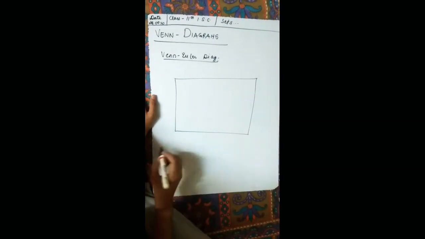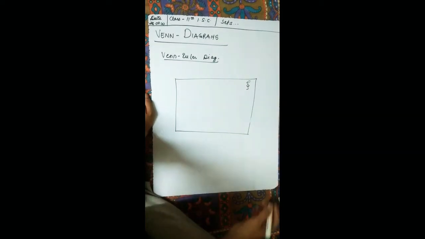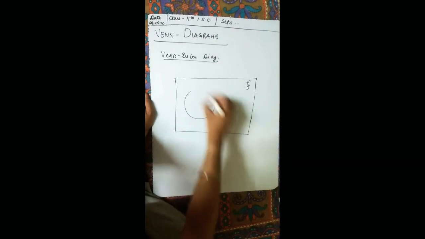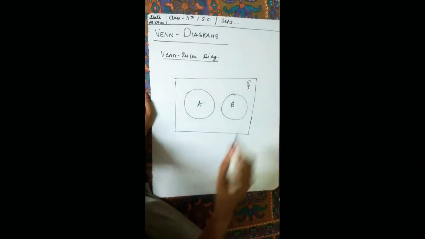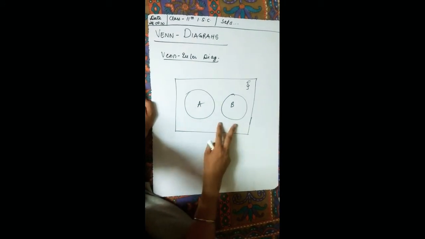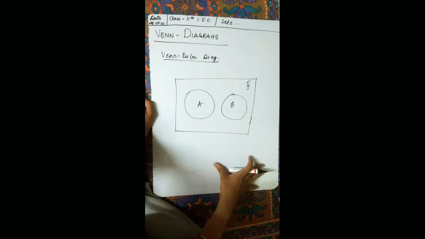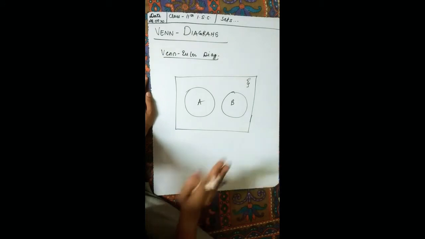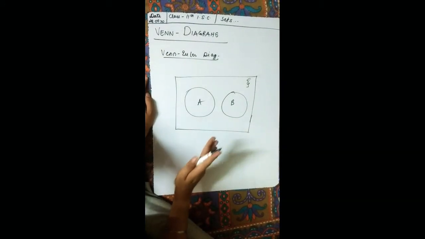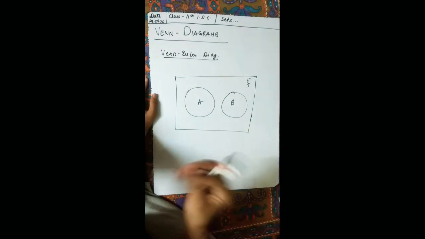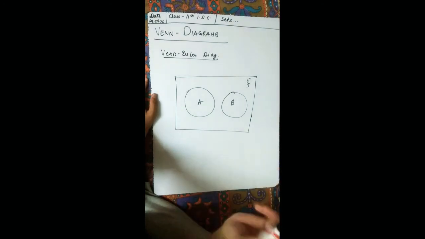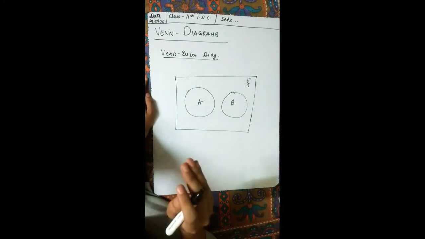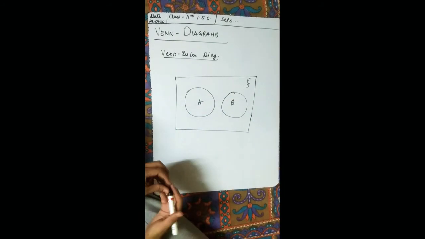box, where we consider this rectangular box as the universal set. This is our whole universal set, and the subsets, say for example A and B, we draw in the structure of a circle, oval or ellipse, anything it could be. That is how we draw the Venn diagram. It helps us to visualize the particular set. Sometimes it is very difficult to calculate things mathematically, so we take the help of Venn diagrams. That is the explanation of Venn diagrams.